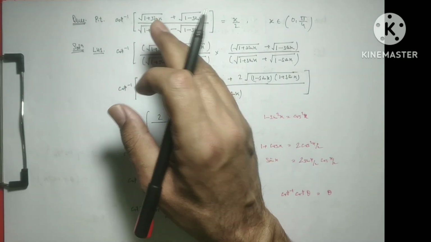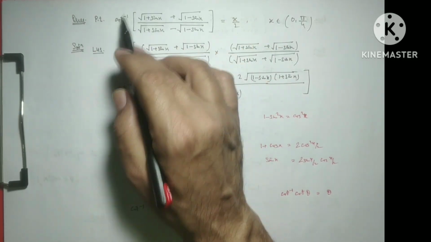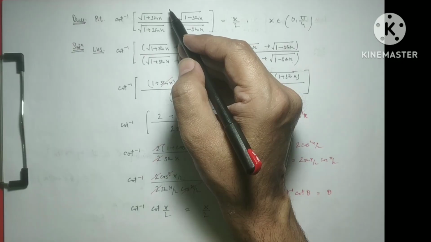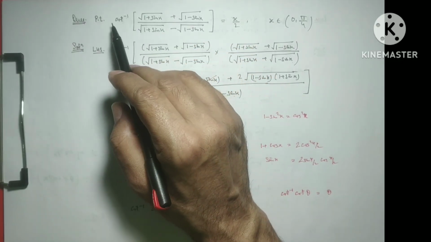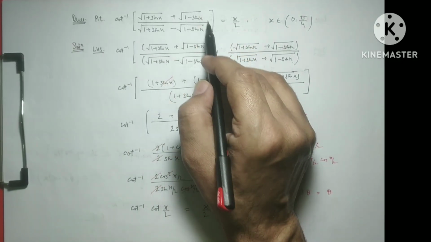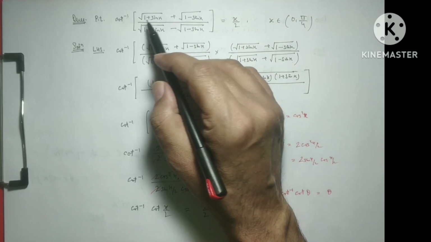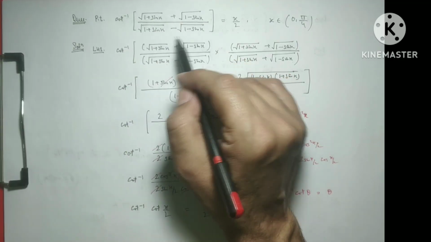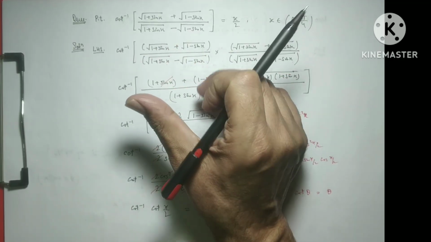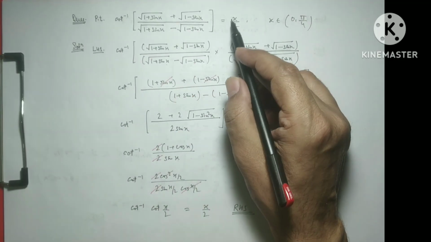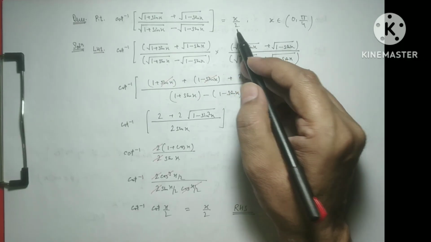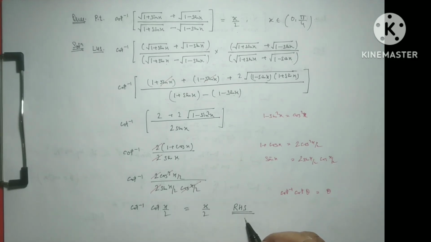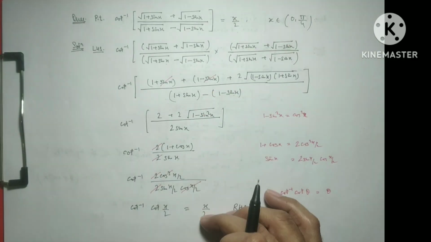And when these questions come in differentiation, differentiate this, then first, this is my suggestion, first simplify this. Otherwise, when you differentiate this, you will assume this t, then division formula, then substitution, a lot of things. But if you simplify this bigger expression in terms of x by 2, then the differentiation of x by 2 is only half. It's very easy, right? So this is the answer, the right hand side of this expression.